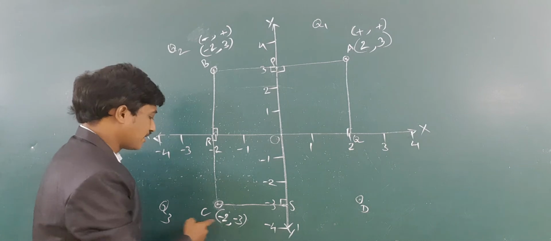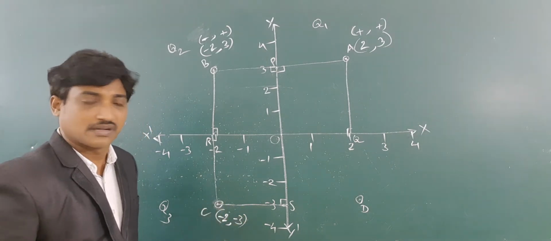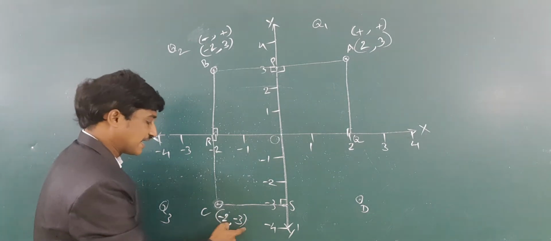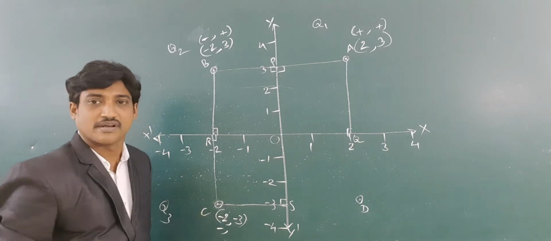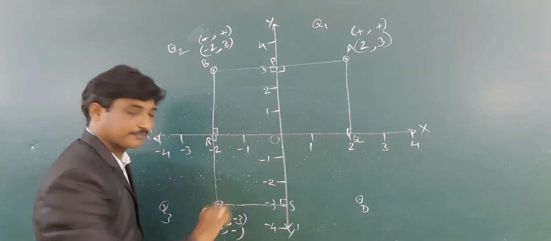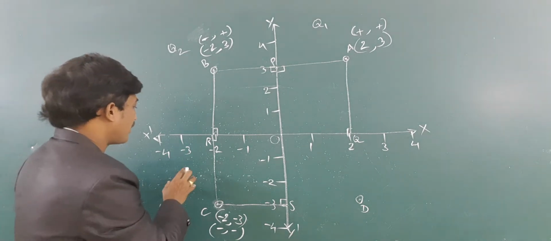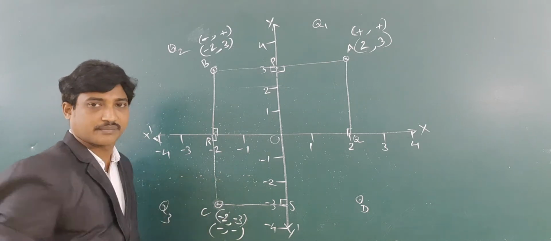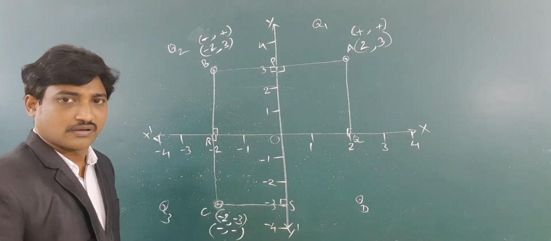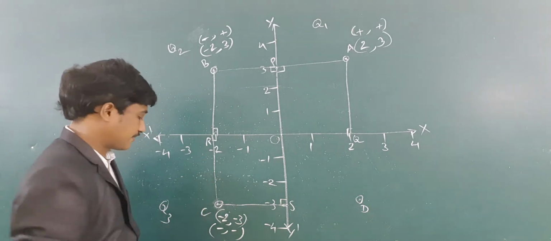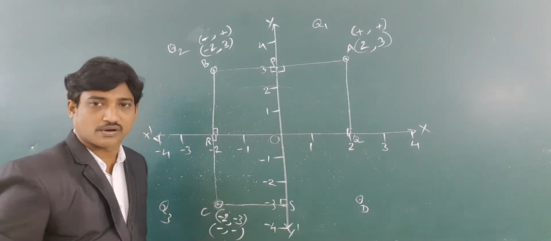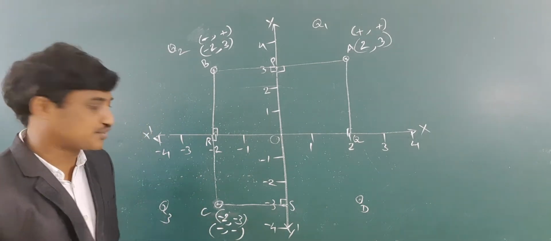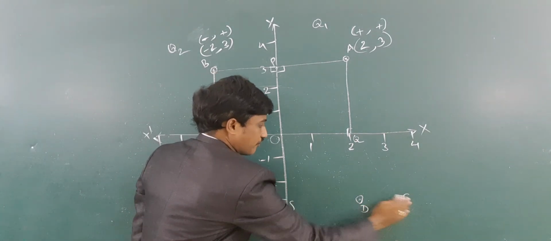So the coordinates of the points in the third quadrant are both with negative sign: the x coordinate with a negative sign, the y coordinate also with a negative sign. Every point in the third quadrant will have both coordinates negative. Now let us observe a point in the fourth quadrant,